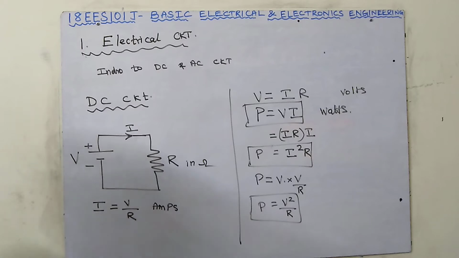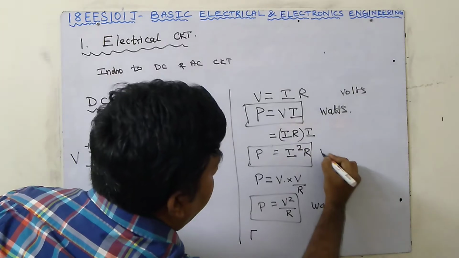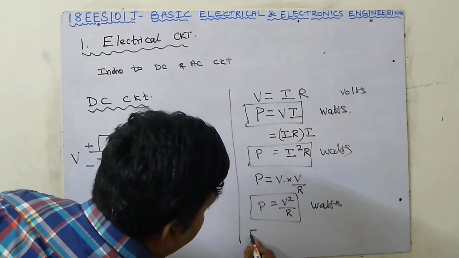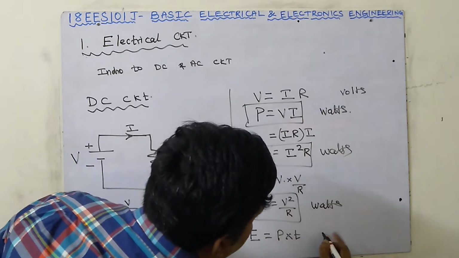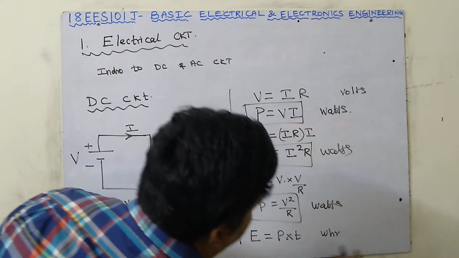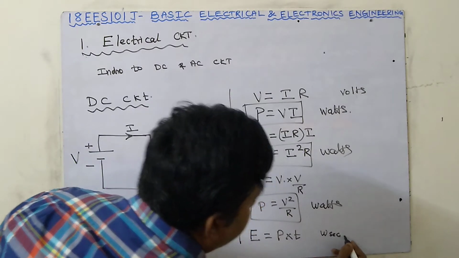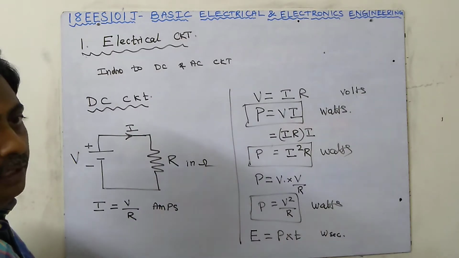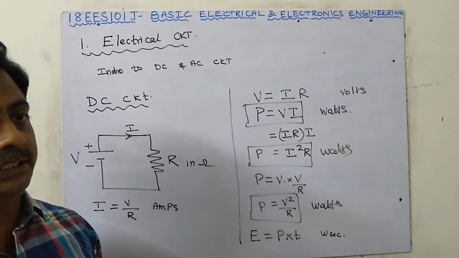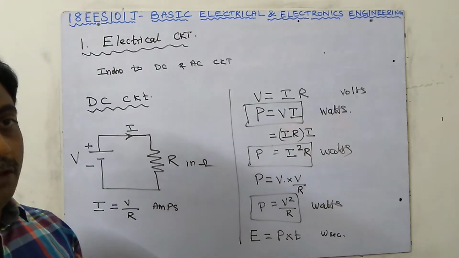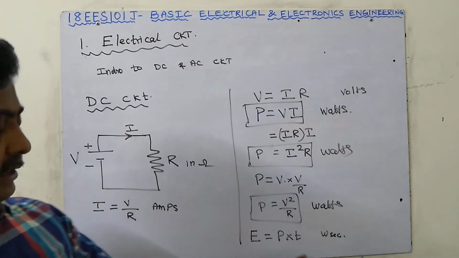And what is energy? Energy is nothing but E. All the units are watts. All are the same equation only, in different forms. Then energy consumed, E equal to power into time. What is the unit? The standard unit is watt hour, but normally time will be in seconds, so watt into seconds. We have to convert it into watt hour by dividing by 3600, that is 60 into 60. 1 kilowatt hour equal to 1 unit. I think we know about 1 unit, which is equal to 1 kilowatt hour. These are the things you should remember.